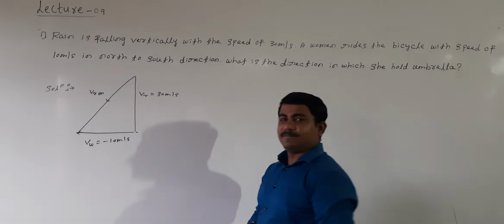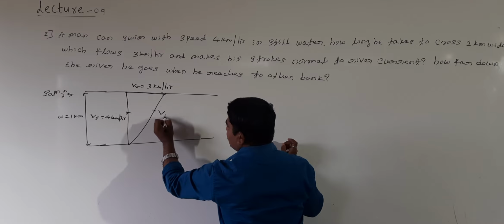Right? In what direction does the river flow? The river flows in this direction. See here, what is it taking? 1 km, which is flowing 3 km/h in this direction. River speed is 3 km/h. Correct? This is what we call resultant speed. Shall I take this one as VR, or I can take the VR directly?